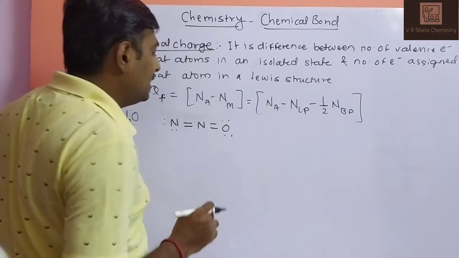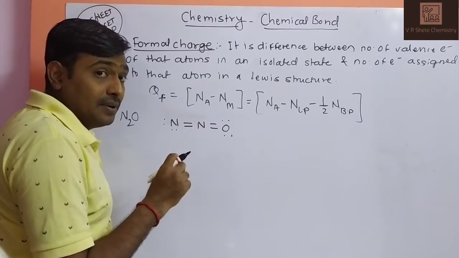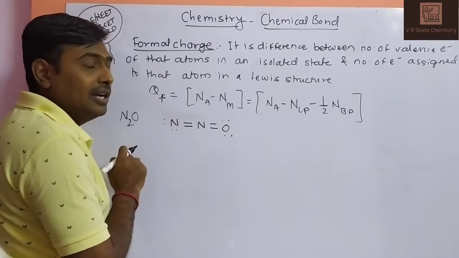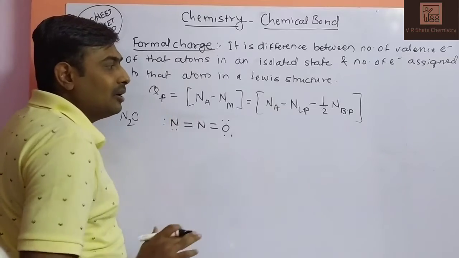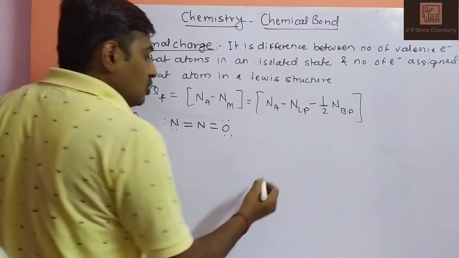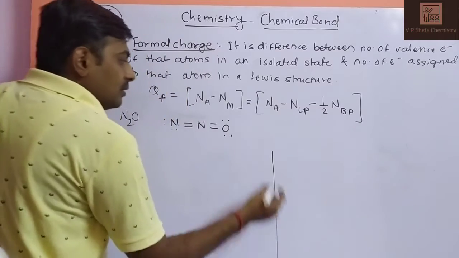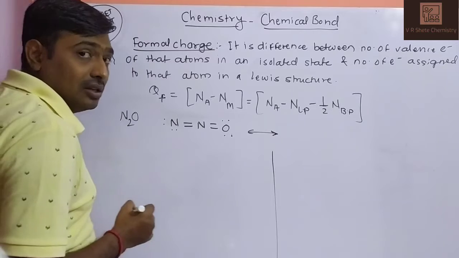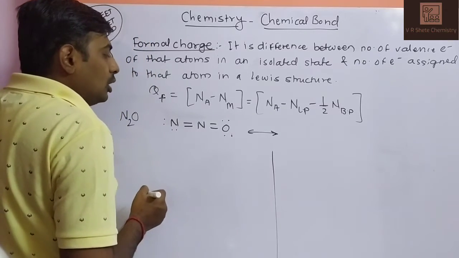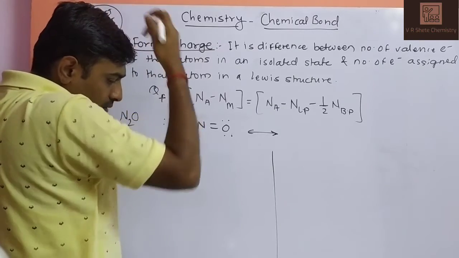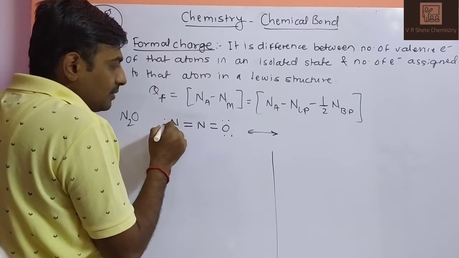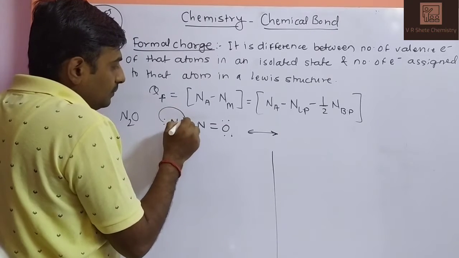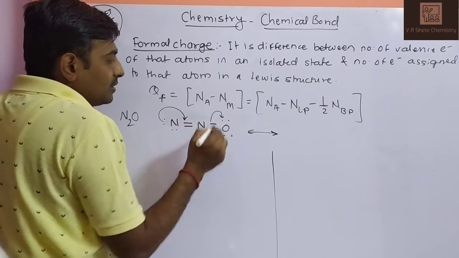We know that nitrogen has valency 3. If nitrogen contains an excess bond, then it will be positive; with fewer bonds, it will be negative. But we have to explain this concept on the basis of formal charge. This structure comes into resonance. We will also discuss what is meant by resonance, by the lone pair of electrons. By resonance, these electrons shift toward this one side. Oxygen will be on this side.